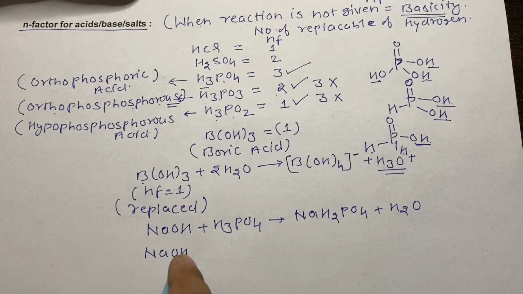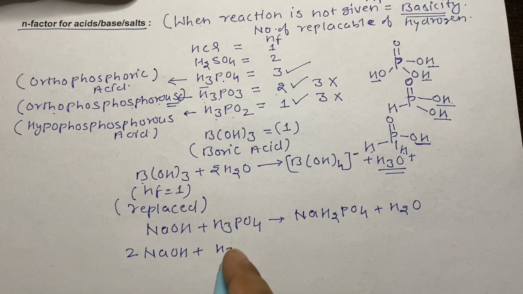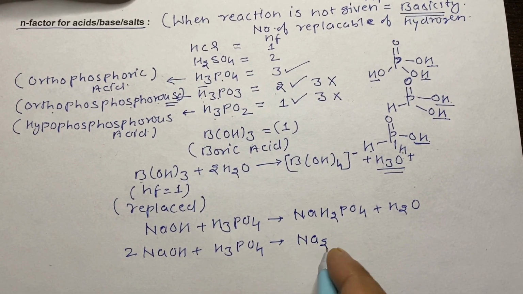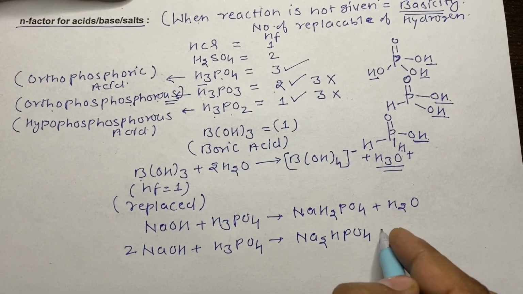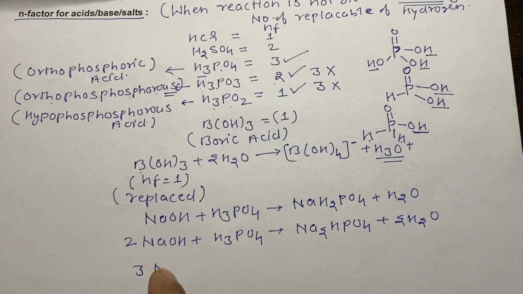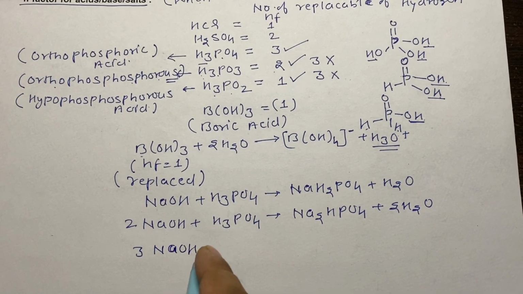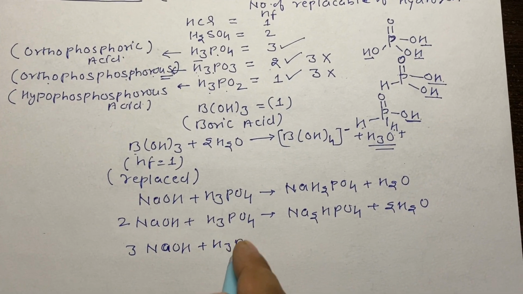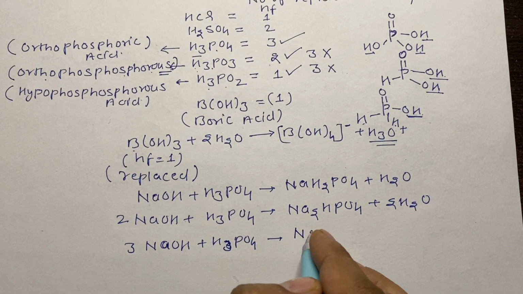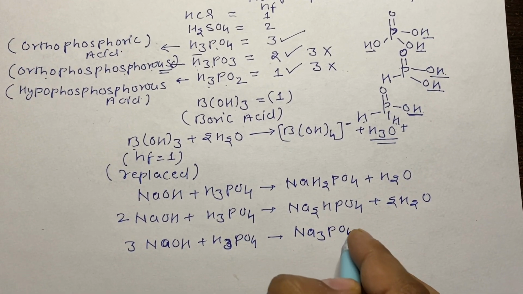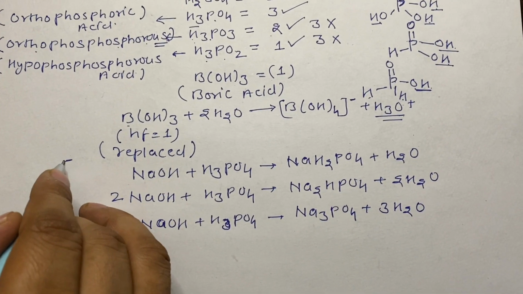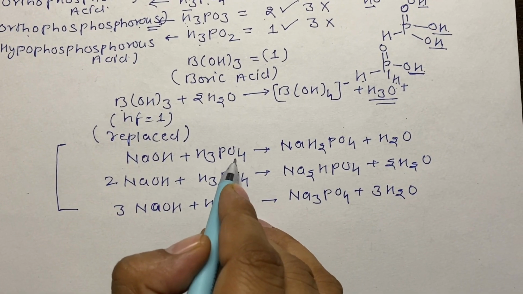Again, we can write the reaction that 2NaOH plus H3PO4 will give Na2HPO4 plus water, and again 3NaOH plus H3PO4 will give Na3PO4 plus 3H2O. Since reactions are given, the n factor of H3PO4 in the first reaction cannot be equal